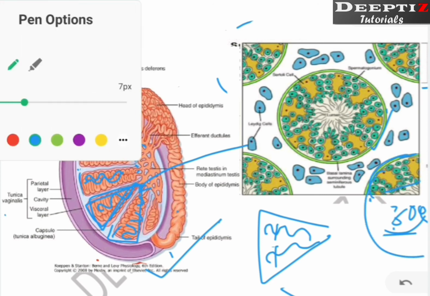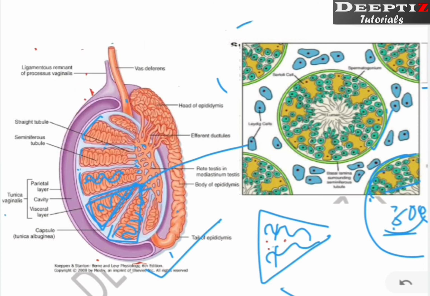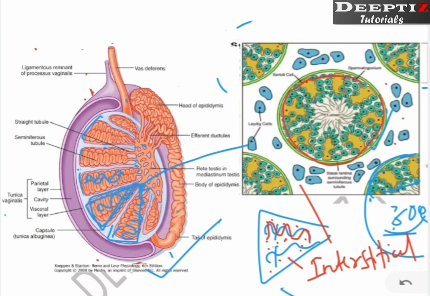Now can you see some space between these, these spaces? This space we call interstitial space. Actually this is the interstitial space. See, if this is the tube, this tube is this one, the space outside this one, right? This space will be here. Now what is there in this space is that this space consists of Leydig cells.